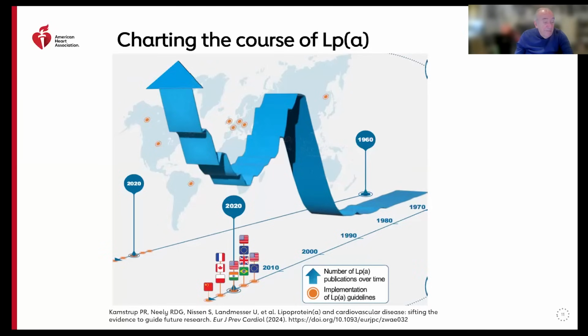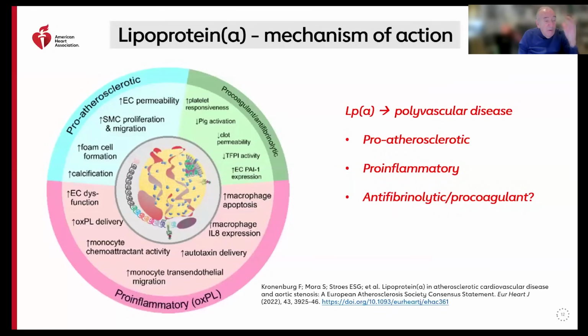And one of the most interesting, but also adding to the complexity and the difficulty in thinking about Lp(a), is the many, many activities based in human studies, in large and small animal studies, although not many small animal models exist, and in cell work of all the potential mechanisms where Lp(a) can be involved in cardiovascular risk, in atherogenesis, and in events of atherosclerotic cardiovascular disease. And I will then move on, and we will have our two presentations, first by Pia Kamstrup